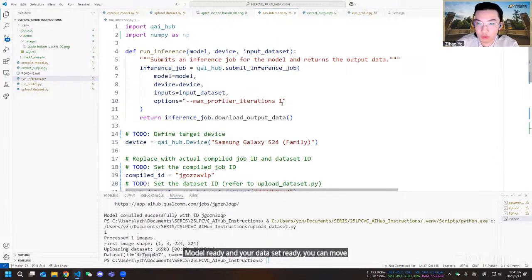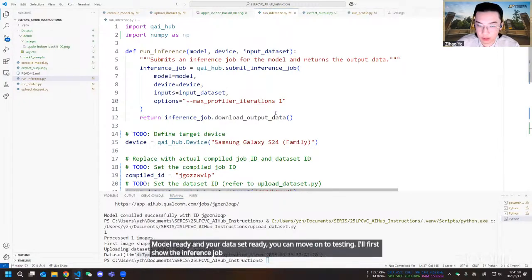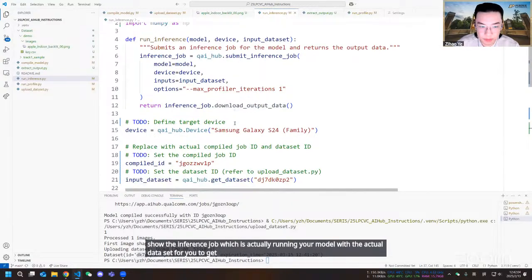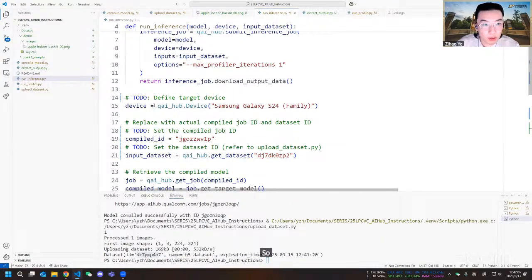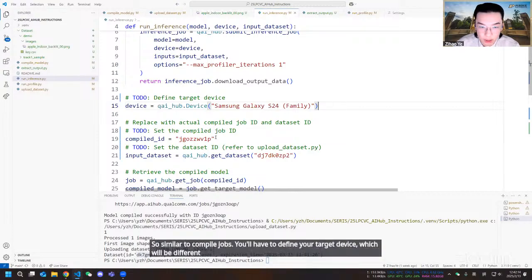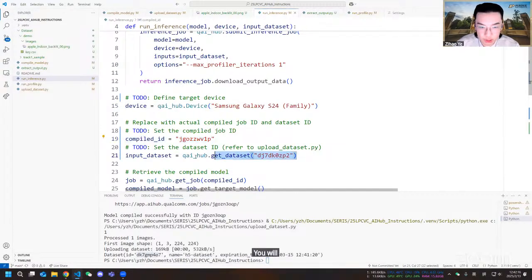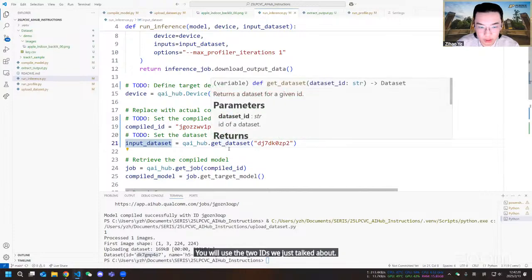I'll first show the inference job, which is actually running your model with the actual dataset for you to get an accuracy score. Similar to compile jobs, you'll have to define your target device, which will be different for each track. You'll use the two IDs we just talked about here to get your model and your dataset.